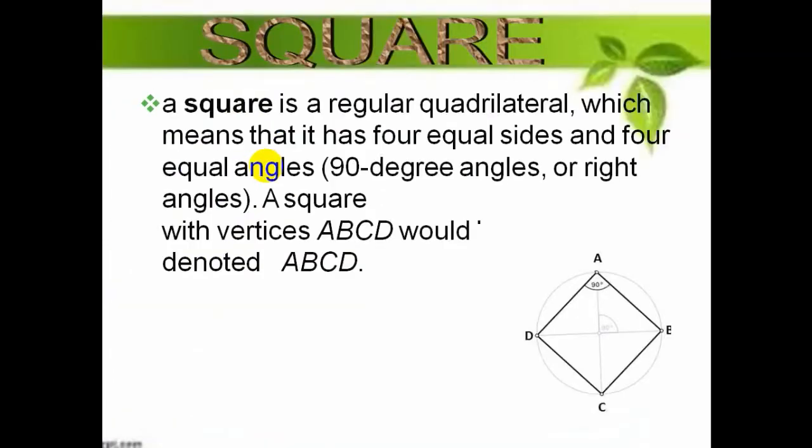Now, square. Dear students, you know about a square. A square is a quadrilateral geometrical shape, a two-dimensional shape, whose length of all four sides are equal. A quadrilateral means a shape which has four sides. So a square actually is a quadrilateral because a square shape has four sides and the length of all four sides are equal. Similarly, the measurement of all angles are equal, which is 90-degree angle.